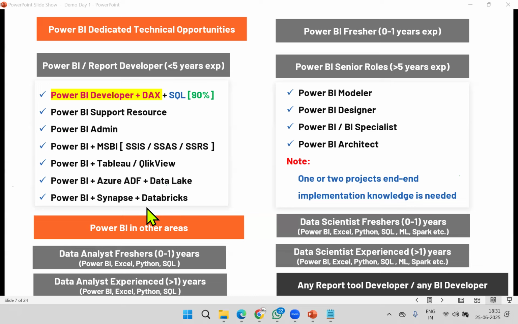One guy just said, sir, Power BI plus Azure, I got opportunity in another company. Yes, this is a combination, Power BI plus Azure ADF. But this is sufficient. In case 3 years or 4 years you're keeping, and less than 4 you're keeping, this is sufficient. 90% opportunities on this.